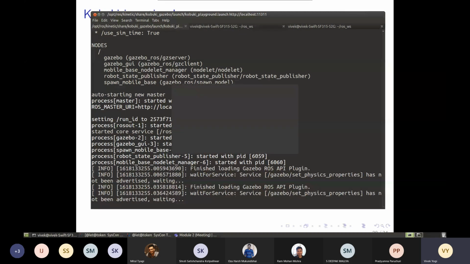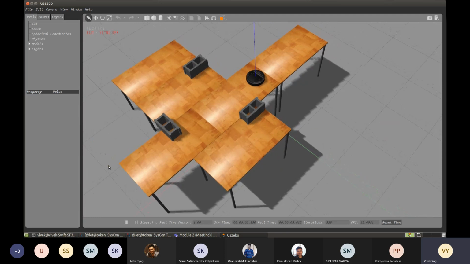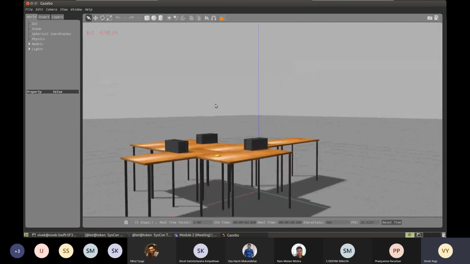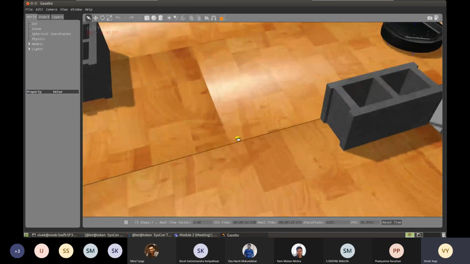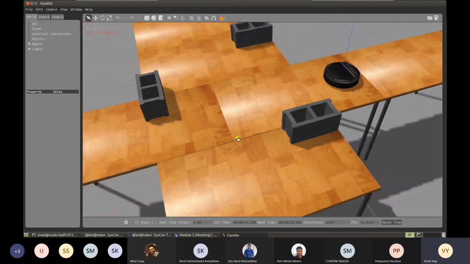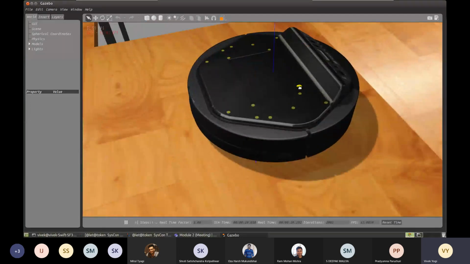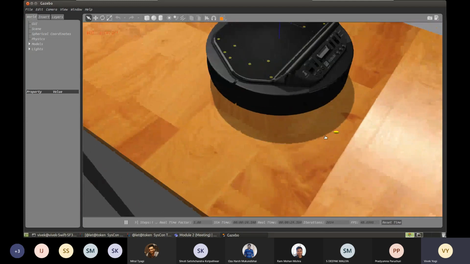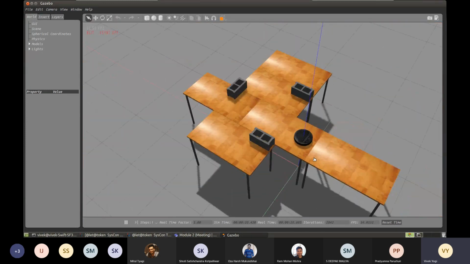and see, all this fires up and my Gazebo window is open, and I hope you are able to see my screen. So this is our physics world, with shadows and lighting and everything. You see these are high quality textures, right? And this is our robot sitting there. You can just rotate it and see. Okay, so this is our robot, and now we are going to see it in action.